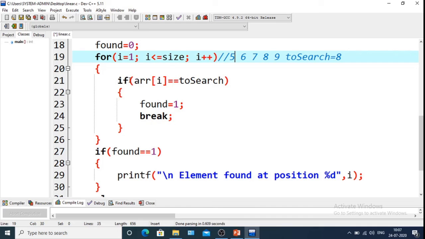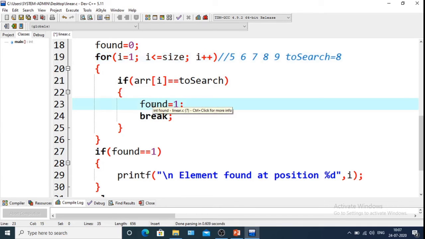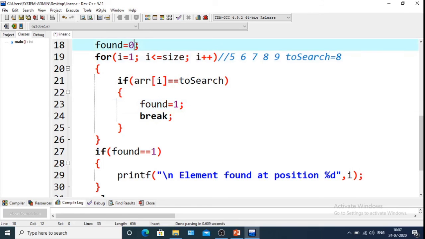If it is yes, then immediately the value of found becomes 1 from 0, and there is a break statement. Why break? Because we have already found our element, and we need not check the rest of the elements. When our search is successful, the value of found will be 1.